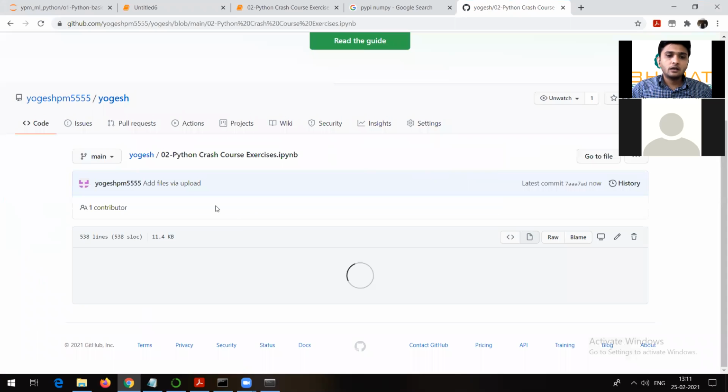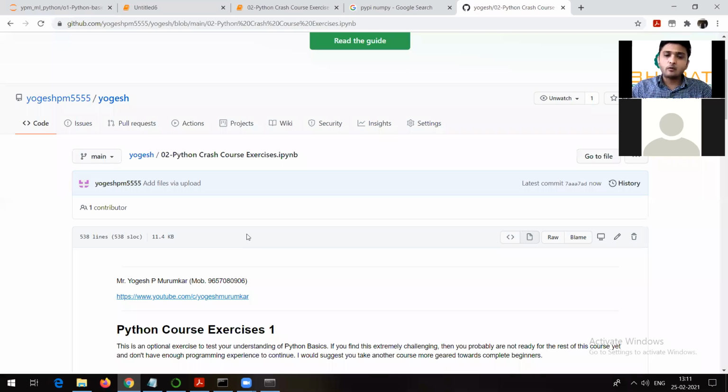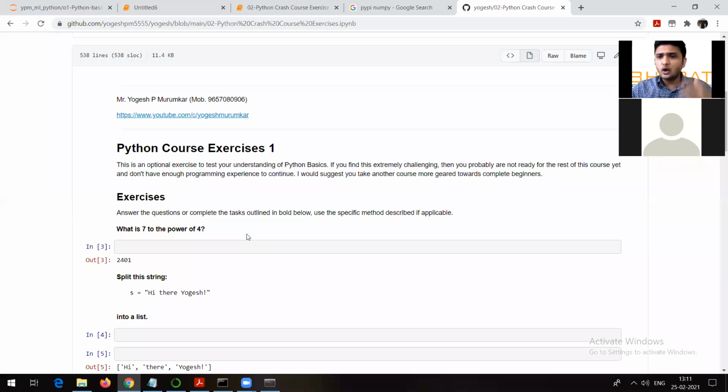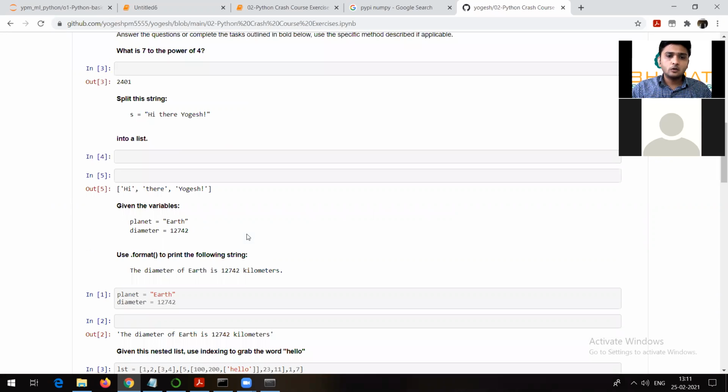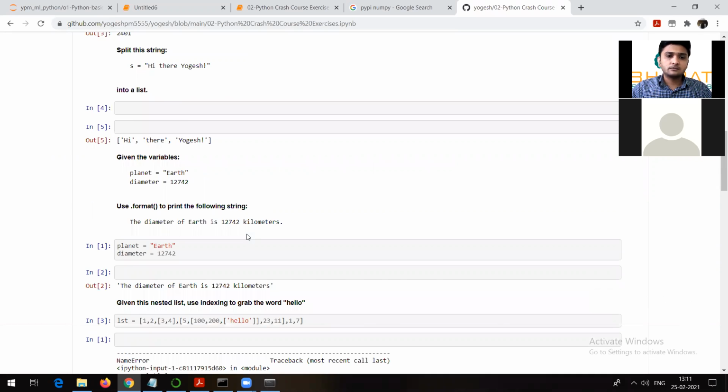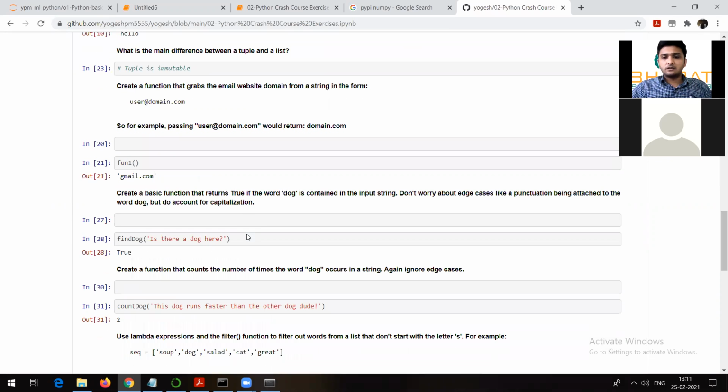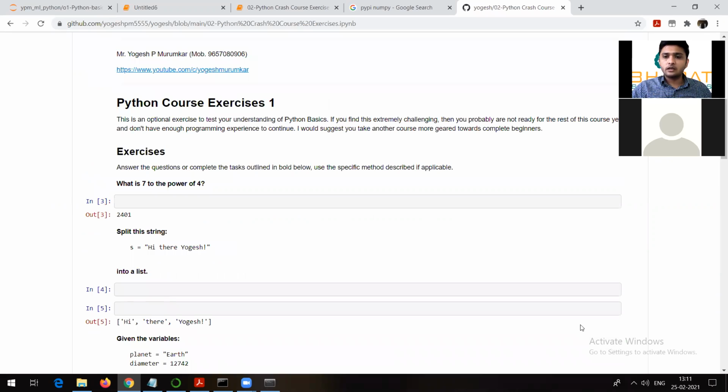Now first of all, you need to write down the answers in the IPYNB file. Save the file as IPYNB or whatever you want: .py, IPYNB, .text, .doc, .pdf, and you will be able to see all these things. See, that is the way. I think other people are also aware of that. Otherwise, just go here. So, is it clear, Shivam? That's what I told you, how to use GitHub.